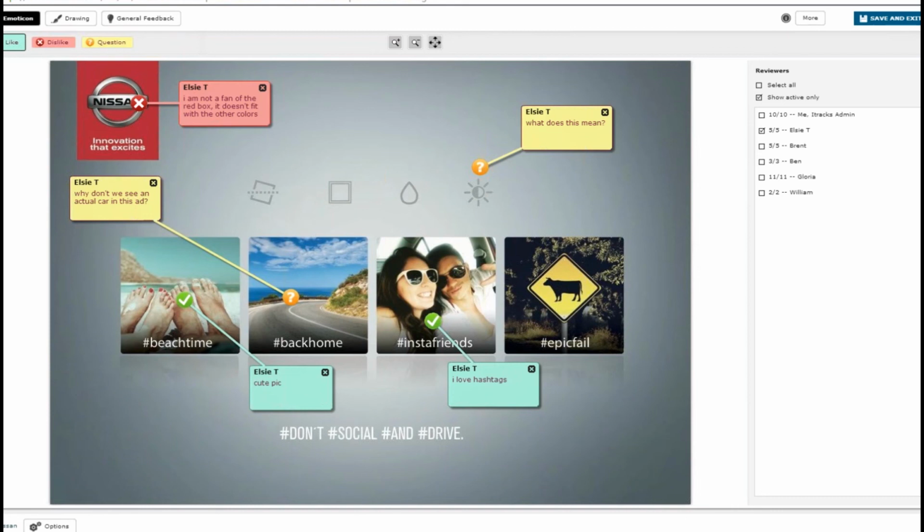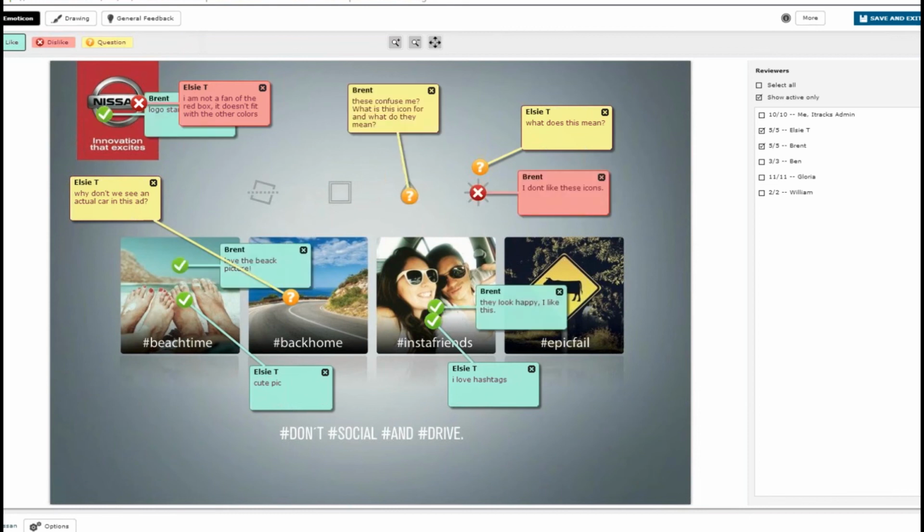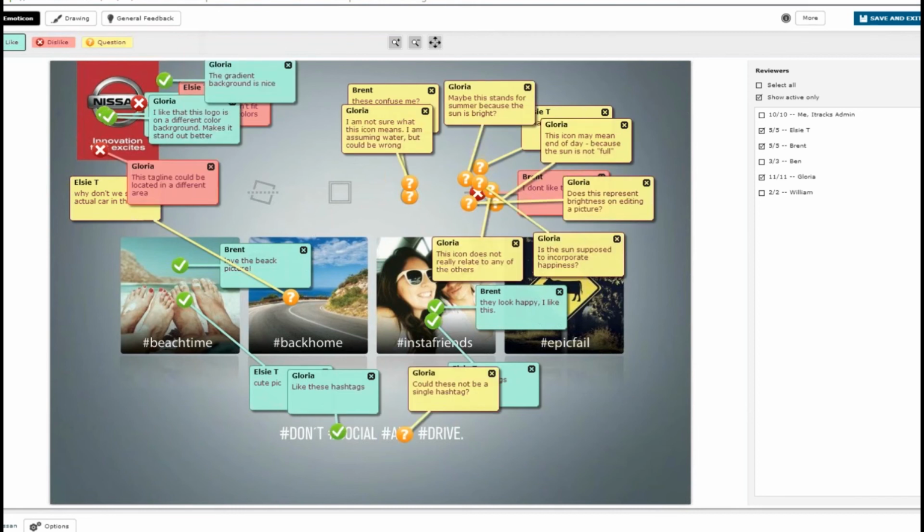client observer's perspective, I get access to this reviewer's pane. The participant experience for this interface is identical to the moderator's perspective with the exception of this reviewer's pane. Participants can only see their own comments, but I can actually turn on Brent's comments here as well, even Gloria's comments, and we can actually see all of the open-ended responses here as we're going through and moderating this particular